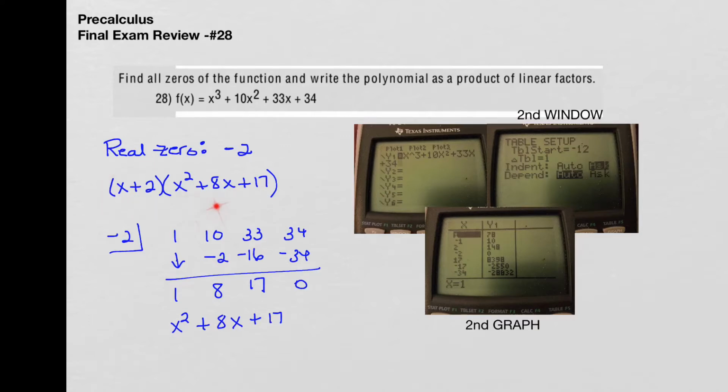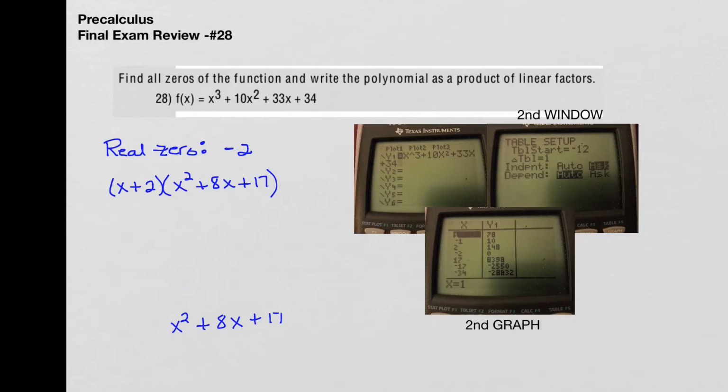Okay. So now that I have this, my polynomial is factored over the real numbers. But in this case, we want linear factors. This factor is not linear, so I have to break it down further. And in order to do that, I'm going to use the quadratic formula. So for just this, we have a equals 1, b is 8, and c is 17. So I'm going to get x equals